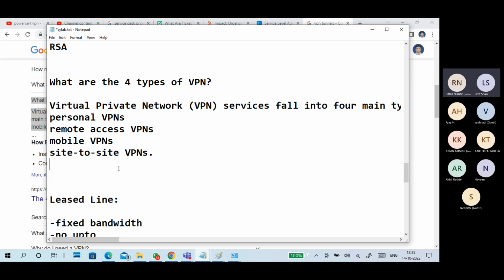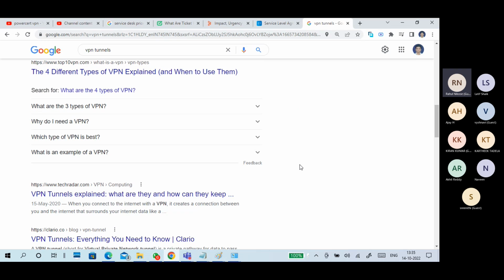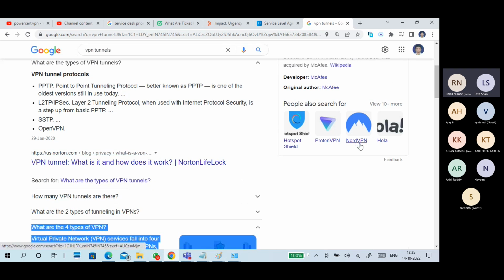The people who nowadays use VPN applications, like a personal VPN or mobile VPN, we are using, right? Different VPNs like Nord VPN, Proton VPN. Some are paid, some are free VPNs also.